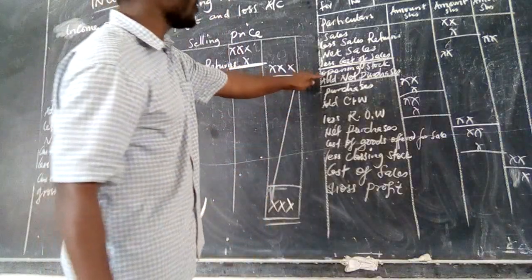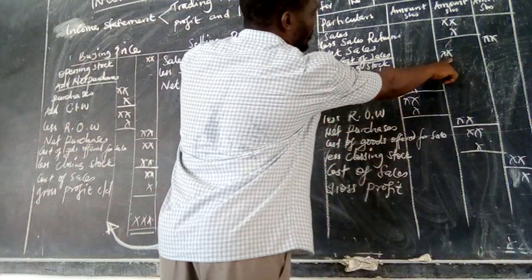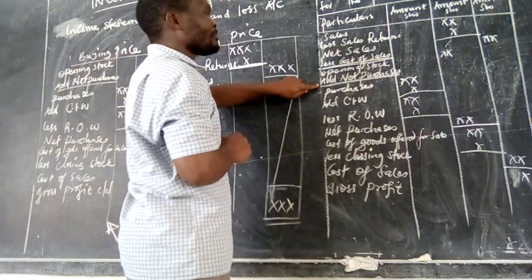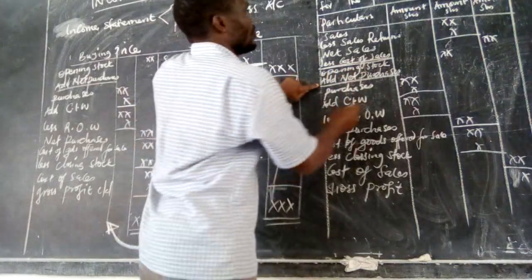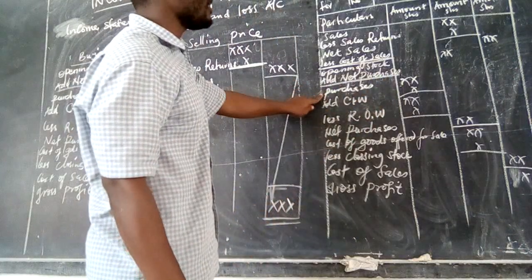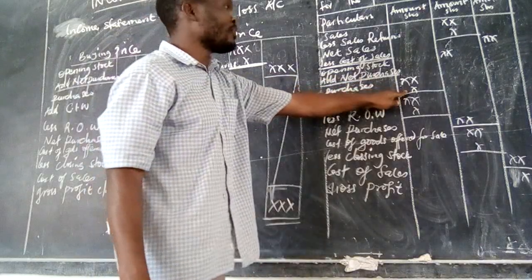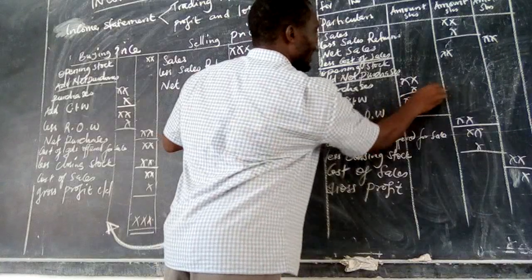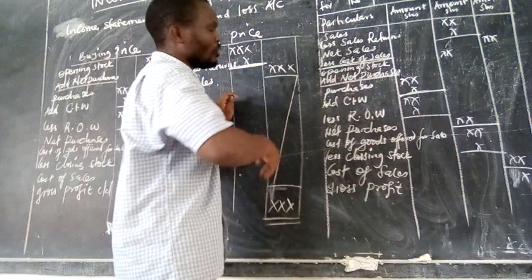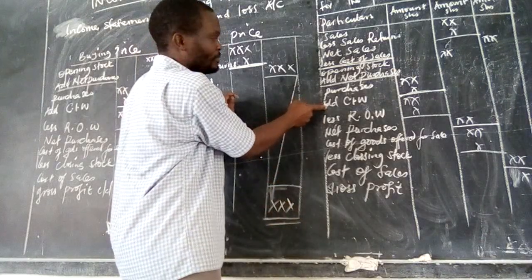Cost of sales is got by adding opening stock. You put it in the second column. Then add net purchases. Net purchases, you don't have it, so you underline it. How do you get net purchases? We have purchases. The first column, add carriage inwards. The first column you add, you don't put a plus symbol, the lines indicate whether you are adding or subtracting. But make sure that the words here are written very well.